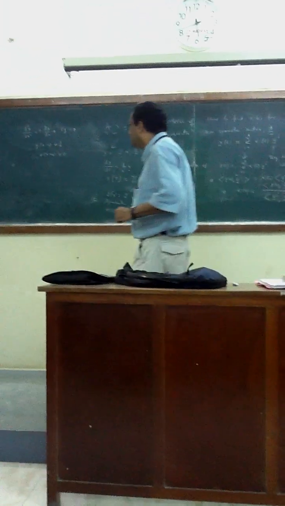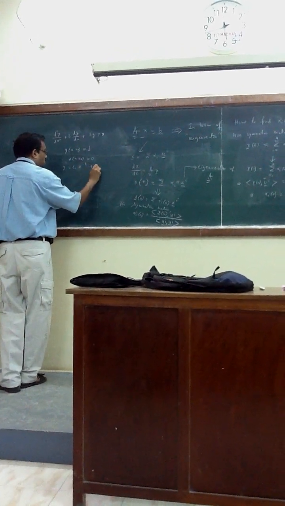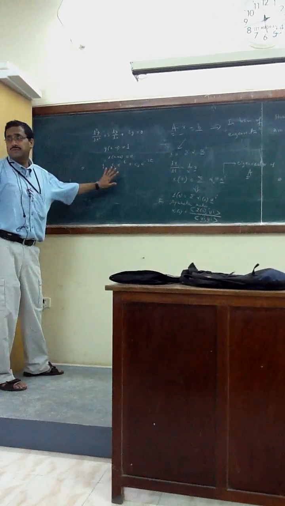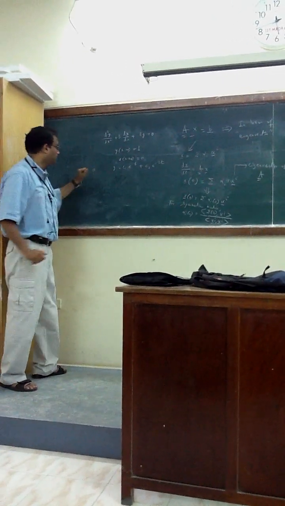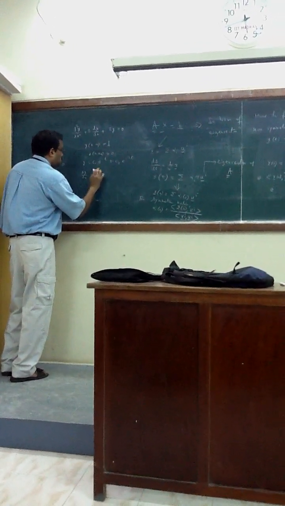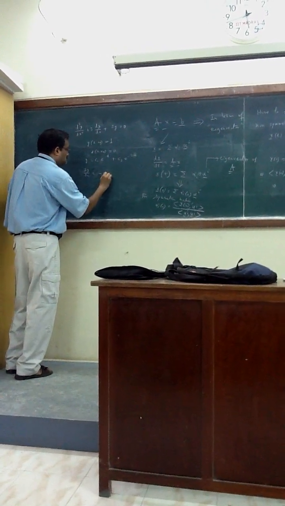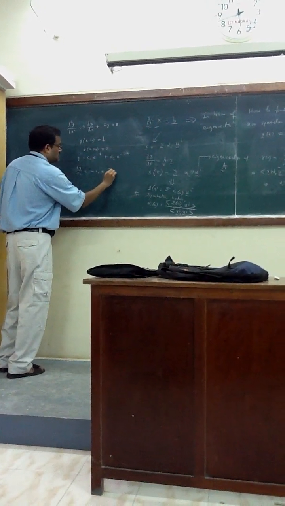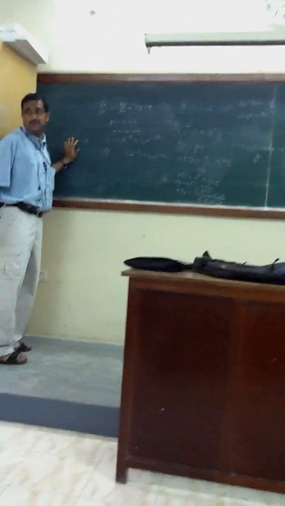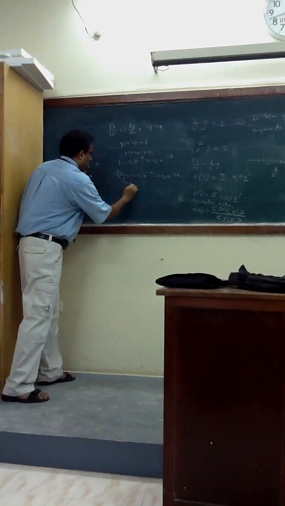The solution was y equals c1 e to the power minus x plus c2 e to the power minus 2x. Am I correct? It's school level mathematics, nothing else. And dy/dx is what? Minus c1 e to the power minus x minus 2c2 e to the power minus 2x. Am I correct? So dy/dx at x equals 0 will be